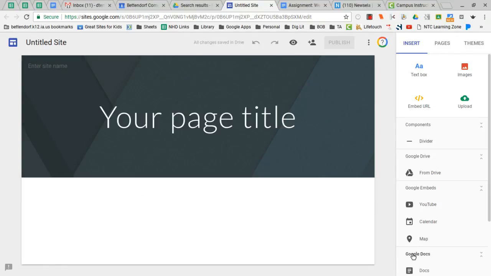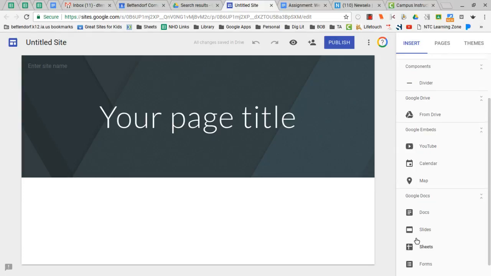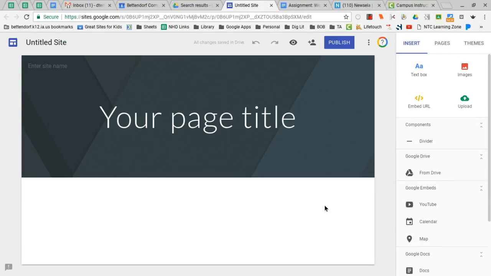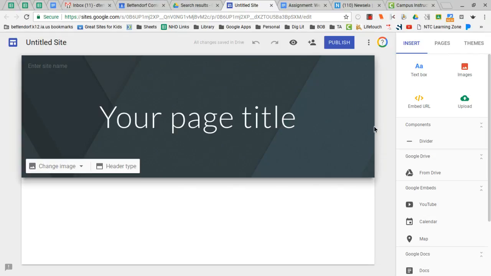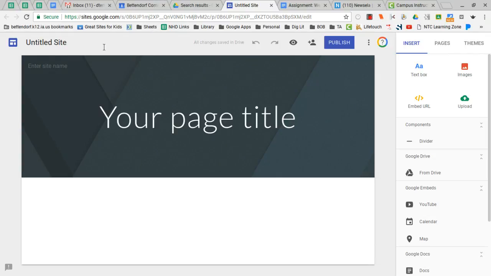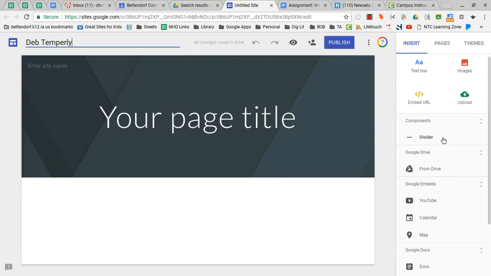Once this opens, if you've ever worked in Google Sites, maybe you've done it in a different class or maybe last year, you might notice that the new Google Sites does have a different look to it. It's a little bit cleaner. It's supposed to be a drag and drop type interface. You'll want to give it a title right up here, just like you would with the Google document. And in the future tutorials in this assignment, you'll get some information about how to use the very clean and